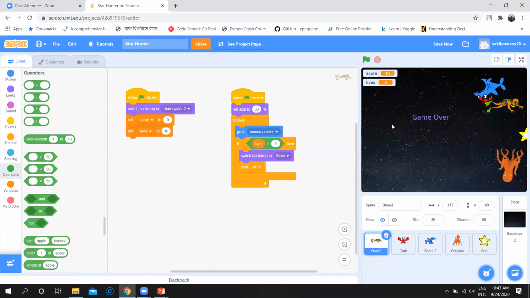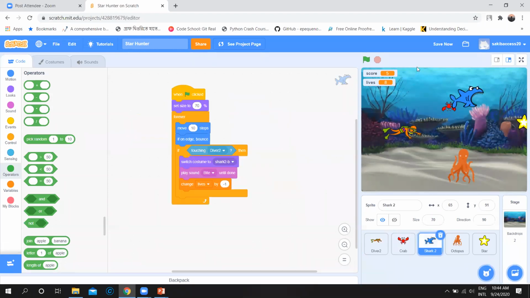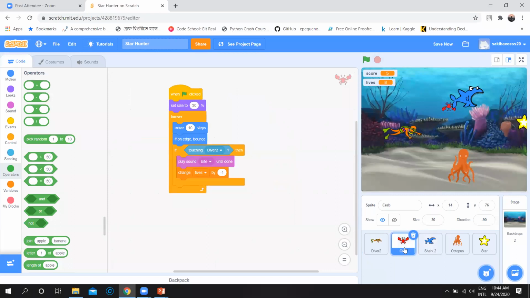Like in our games, there's level 1, level 2, level 3. It will be a big game if you do this. In level 1, the speed of these octopus and crab is slower now. If you make a really great game, in level 2 these will go faster.